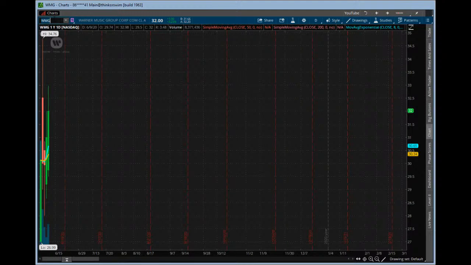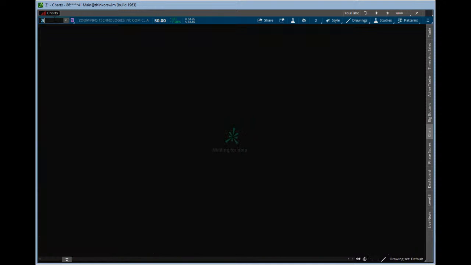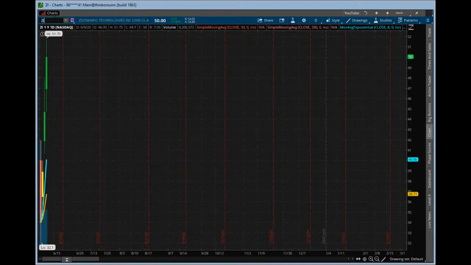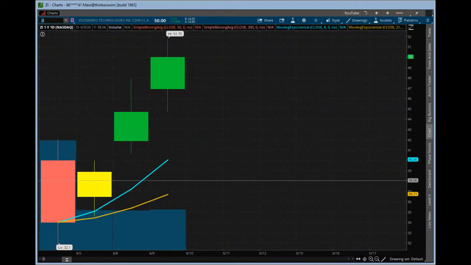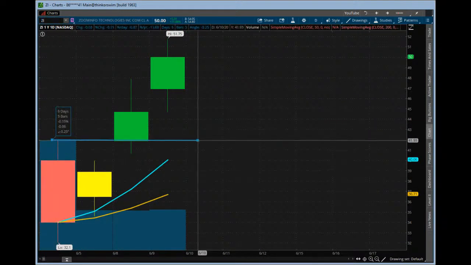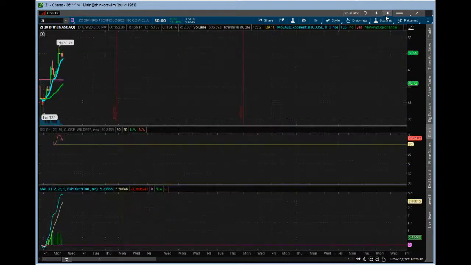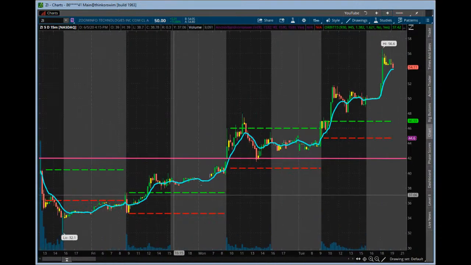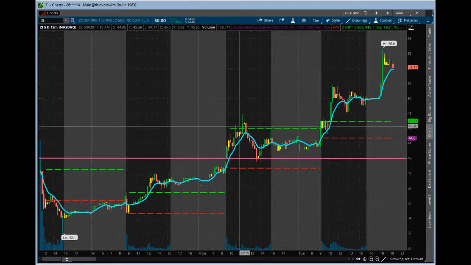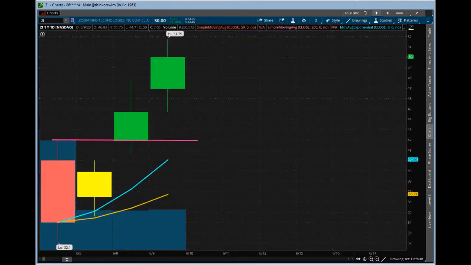Usually with these, if you get options available on it, obviously that's always a good thing. But one of the things you like with these is the breakout over the IPO high. Another thing you can do is go back and take the 15 orb high from the IPO, which is usually the high of the day anyway, and that 15 orb usually gives you a move once you break above it intraday. You can see how that played out here, right? This is usually a first couple day strategy. So that goes here, boom, you get that move off of that, and then it continued to work its way up. It's up a little bit after hours here. Nice couple days on the ZI, and then same with the WMG.